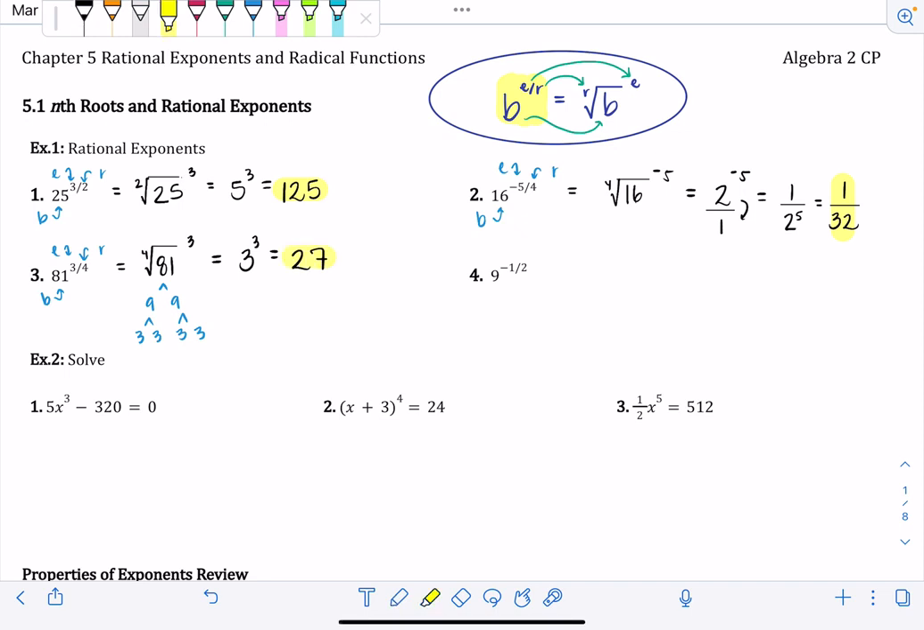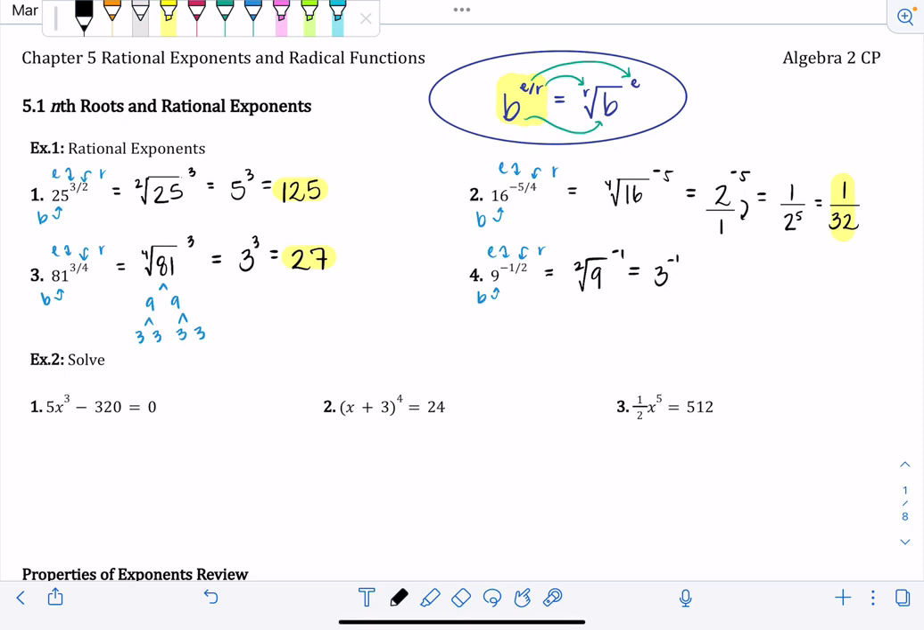And then number 4, 9 to the negative 1/2 power. So my B would be 9, E is negative 1, R is 2, so rewrite it in radical form. The 9 goes inside the radical. It's a square root because R was 2, and then we're going to raise it to the negative 1st power after. So square root of 9 is just 3, and then to the negative 1st power, we have to simplify